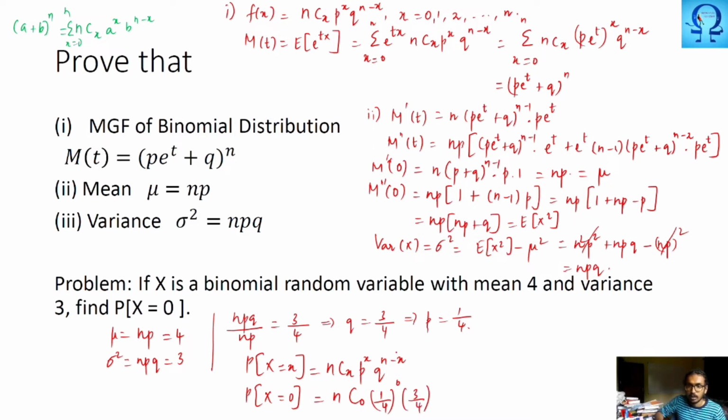Now we need to find out n as well, right? So we know that p is 1 upon 4. Therefore np equals 4 implies n equals 4 by p. So p is 1 by 4, therefore it is 16. So n here is 16, isn't it? So basically 16C0 is what? It is 1 itself. So we need to find out 3 upon 4 to the power 16,